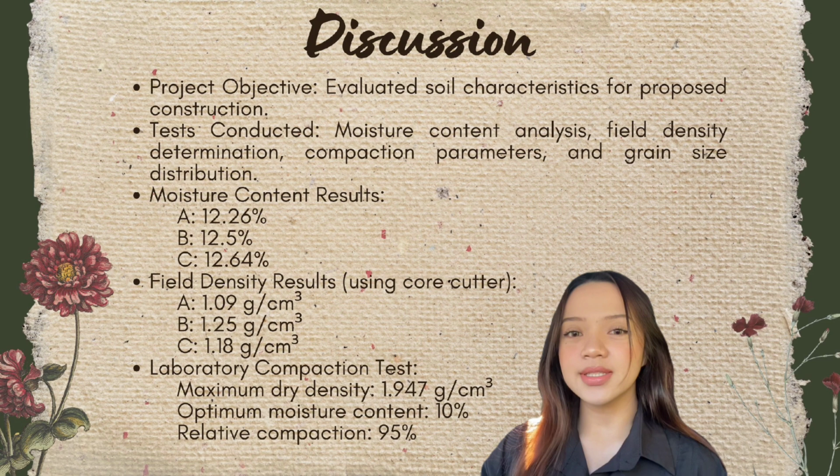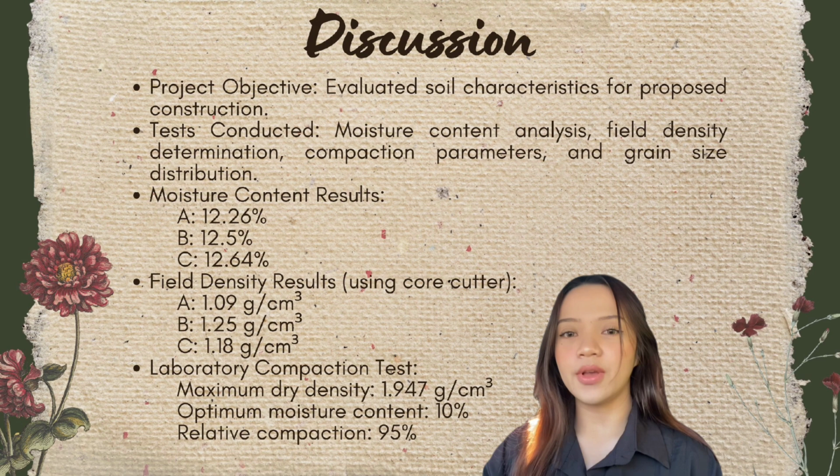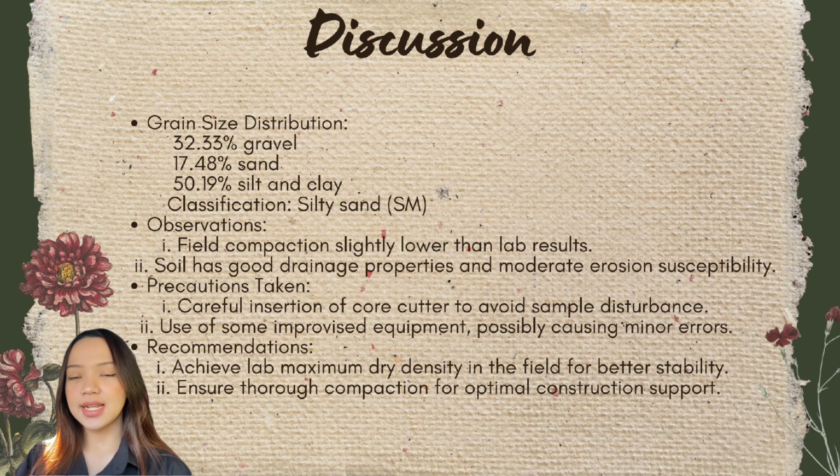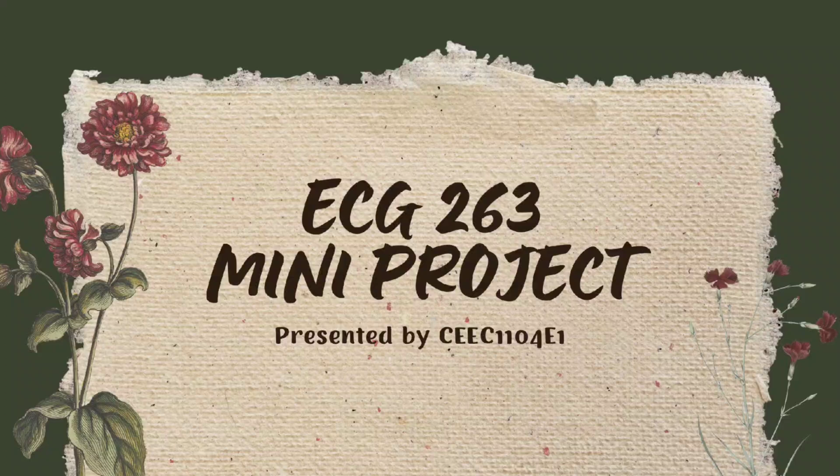As we work on our soil engineering project, we aim to evaluate the soil characteristics of a compacted area proposed for the construction of a community hall. Our tests included moisture content analysis, field density determination, compaction parameters assessment, and grain size distribution analysis. The results of these tests have provided us with valuable insights into the suitability of the soil for the proposed construction. We began by analyzing the moisture content of the soil, and we discovered that it was